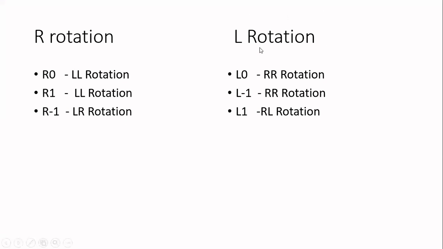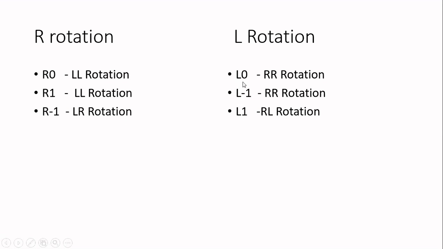Let me summarize this type. Here the rotation is L rotation. What it means is, I am going to delete a node that is present in the left subtree of a critical node. After I delete the node, one node will become the critical node. Since I am deleting the node from the left subtree, I have to focus on the right subtree of that critical node, and identify the root of that right subtree. If the root of the right subtree has balance factor 0, I will call the imbalance L0. If the root has balance factor -1, it will be L-1 imbalance. Otherwise, it is L1 imbalance.